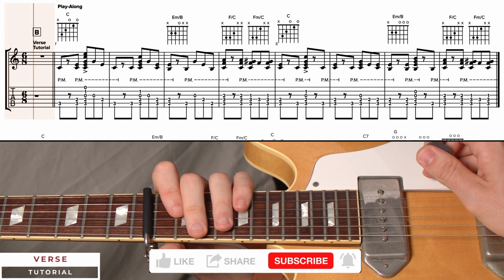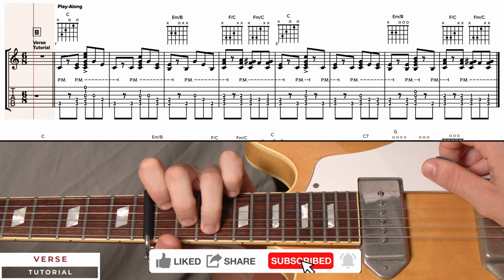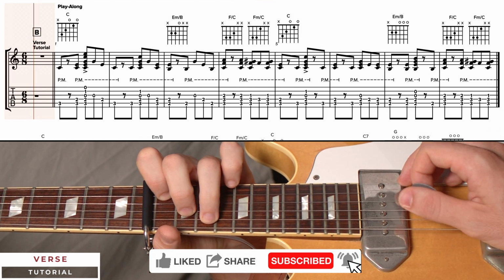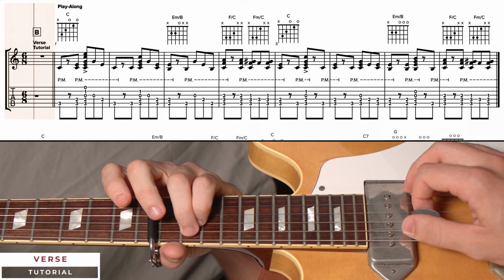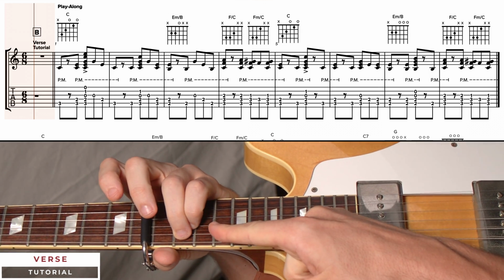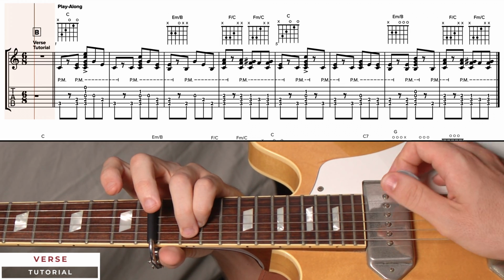So the verse left hand is going to be a C chord for the first bar. Straightforward. Second bar, same chord. Third bar is an E minor. At this point we're going to use our ring finger and pinky fingers to finger that E minor chord,